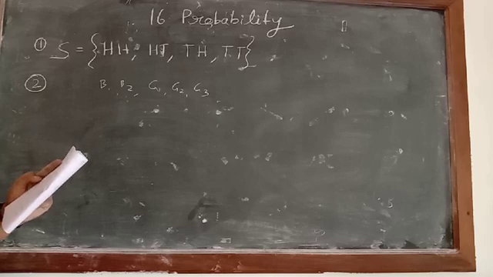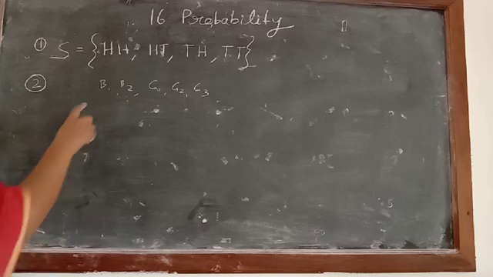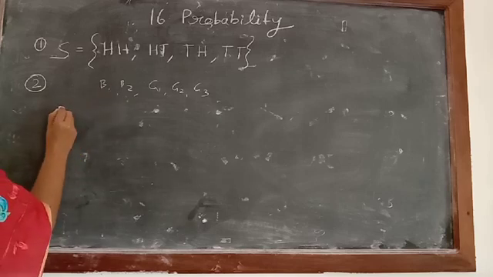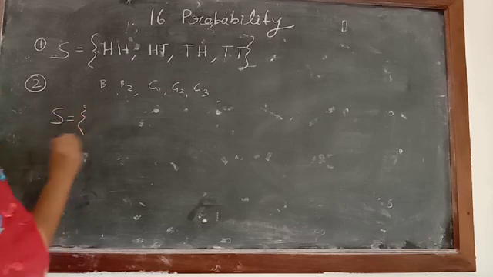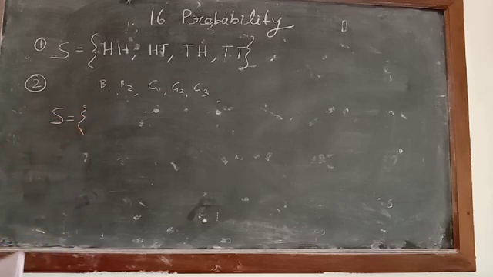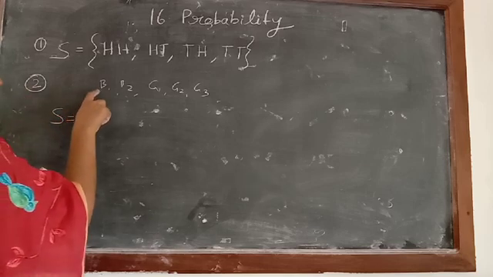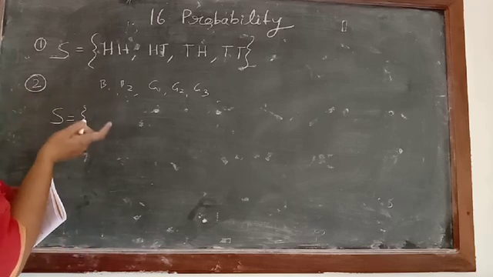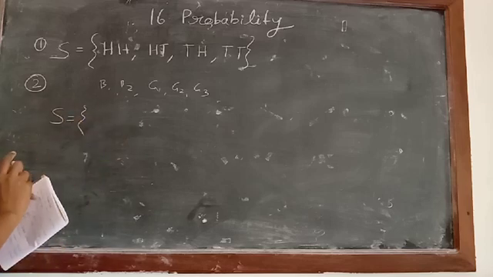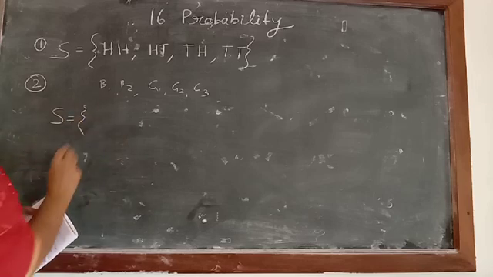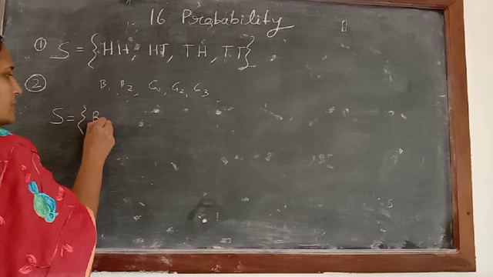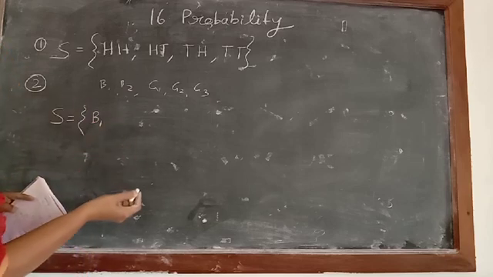It is written that 2 children are selected. Out of these 5 we have to select only 2 children. Now we can check how that can come. So either both can be boys or both can be girls, or it can be a boys-girls combination. First I am taking B1. Suppose B1 is selected. What are the other possibilities?